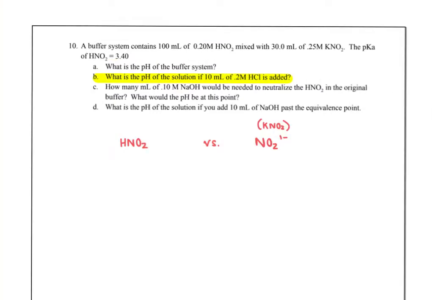All right, for letter B, we have our buffer, but now what I'm going to do is add 10 mL of 0.2 molar HCl. So if I'm adding HCl, remember, that's a strong acid, so whatever the concentration of HCl, that's going to be the same concentration as H+. So the hard part about a buffer problem when you add an acid or a base is you need to figure out